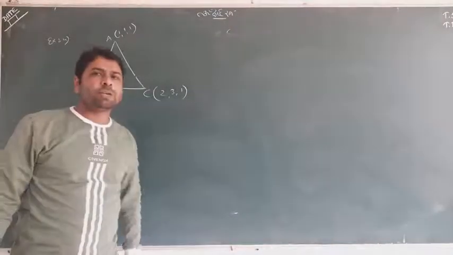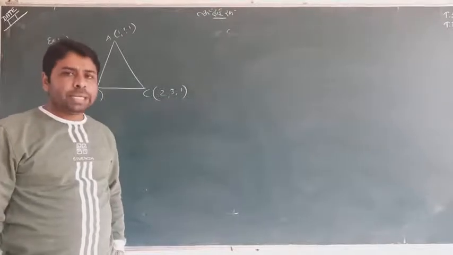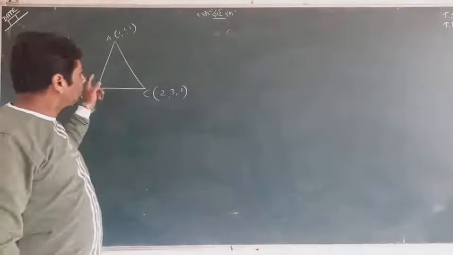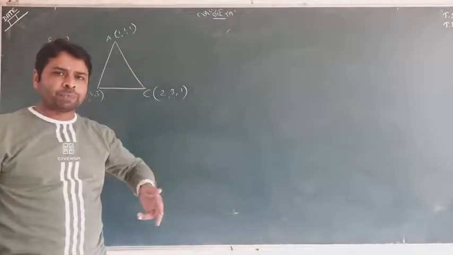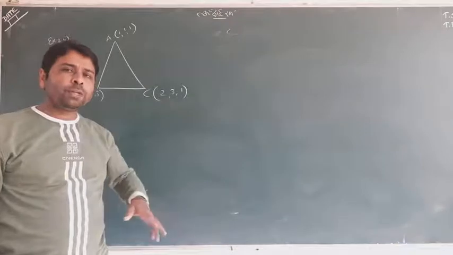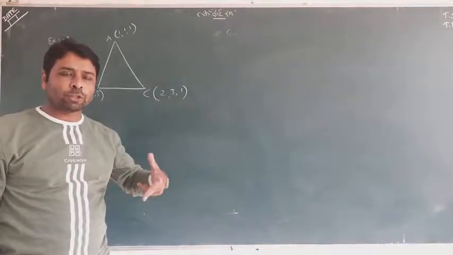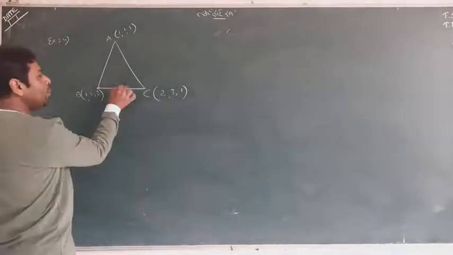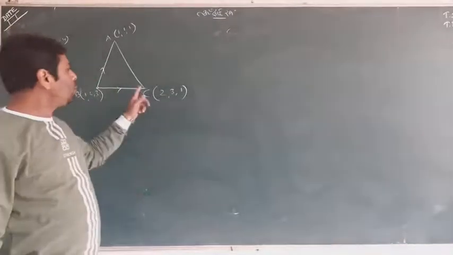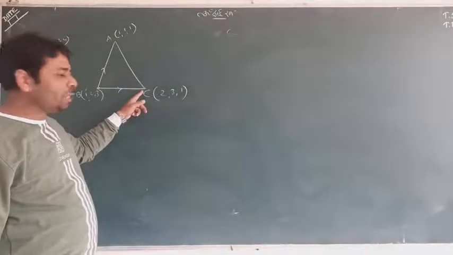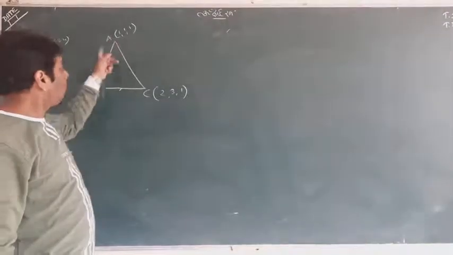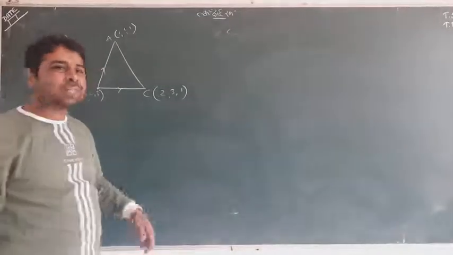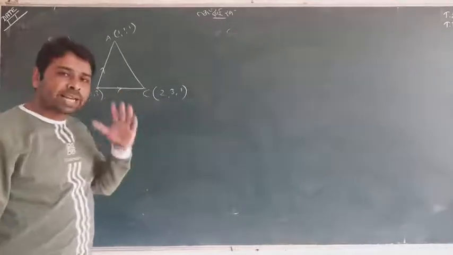I taught you yesterday a very good thing, that area can be found easily. You just need 2 vectors which are adjacent sides. So you can first find 2 adjacent vectors as sides. Suppose you choose B, so you find only BC and BA. You could also begin from C, CB, CA, or AB, AC. Any 2 vectors, even with any direction, are accepted.